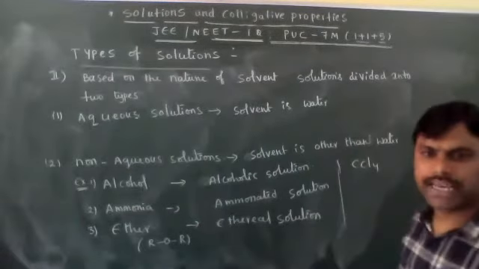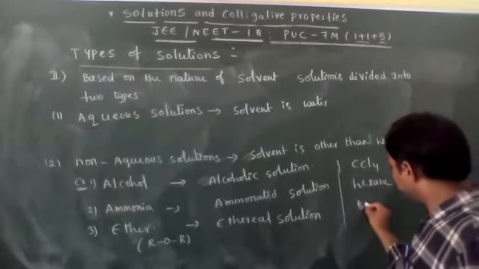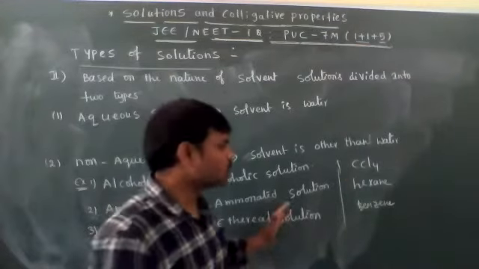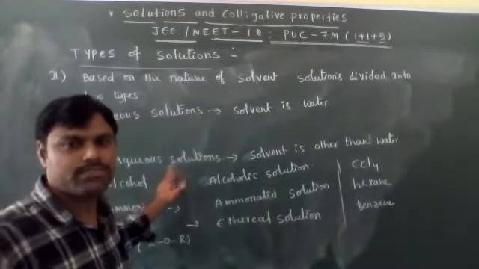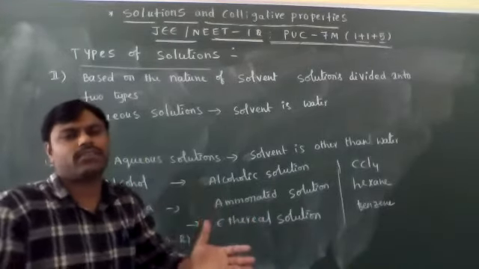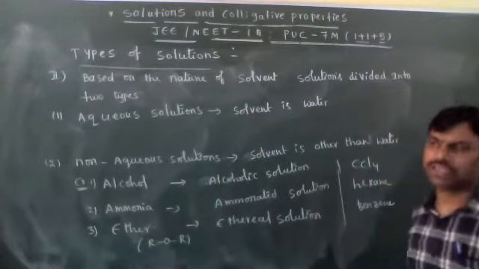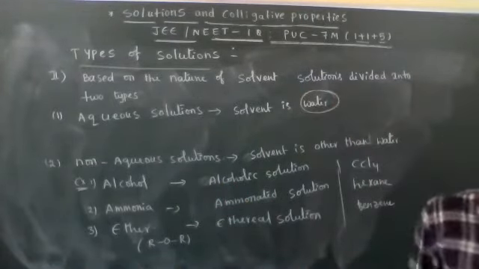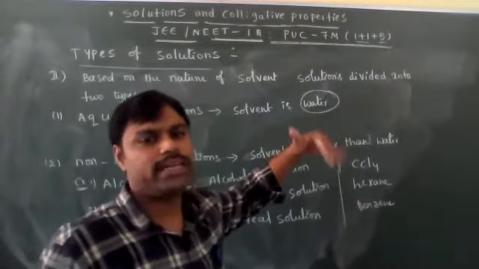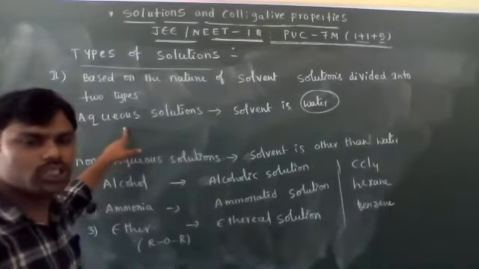Not only this, other than water, we can use carbon tetrachloride as a solvent, and hexane as a solvent, as well as benzene as a solvent. These all belong to non-aqueous solutions because the solvent is not water. If you use only water as the solvent, then the major component is water. The minor components can be any other substance. This type of solution is commonly called an aqueous solution.